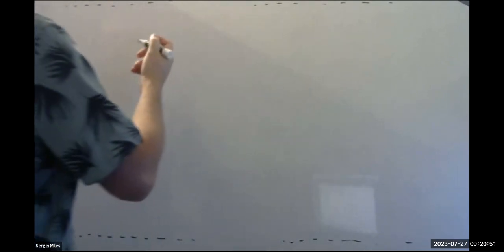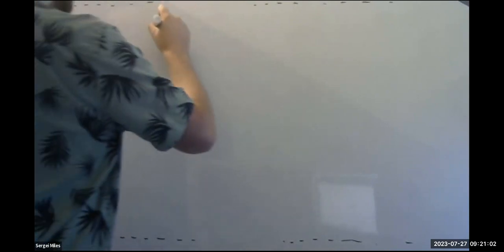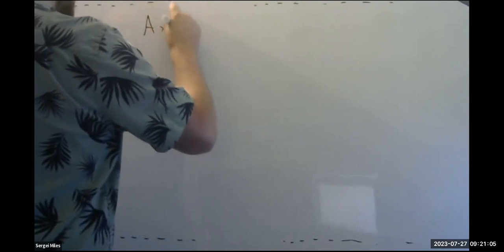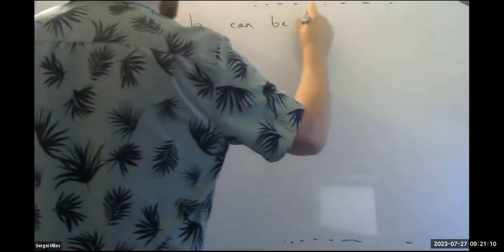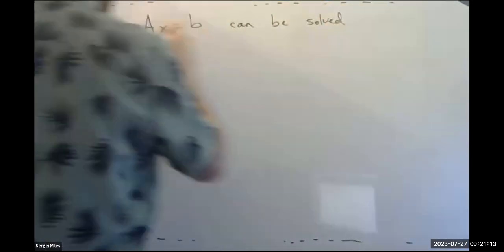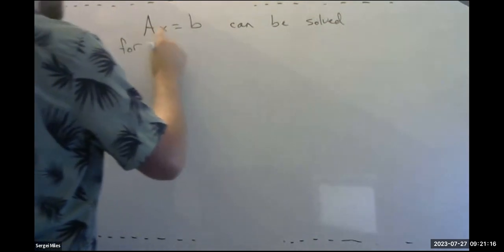Okay, so what are we talking about? 4.2, we're looking at the matrix equation, which we already know lots of different methods for solving. That's fine. But what we can now see is that when we do solve for a solution set, that itself is also a special subspace. So what do I mean? Well, AX equals B can be solved for sometimes